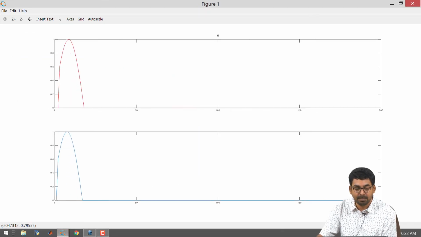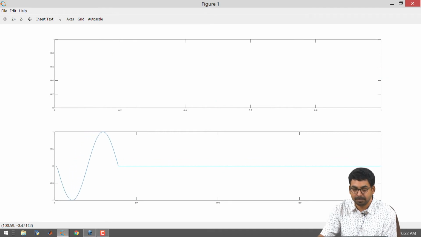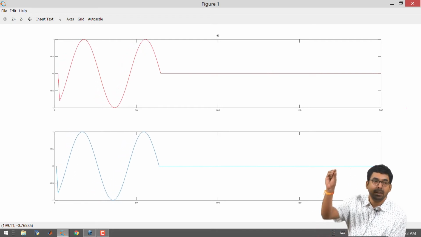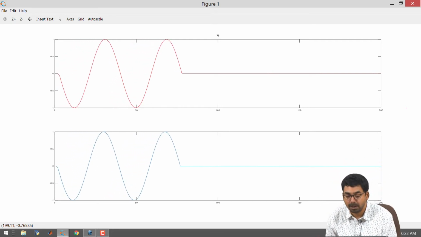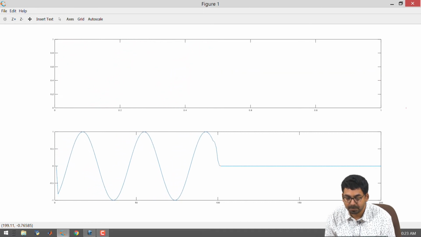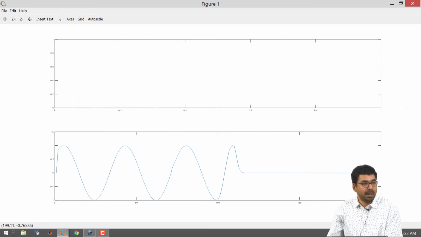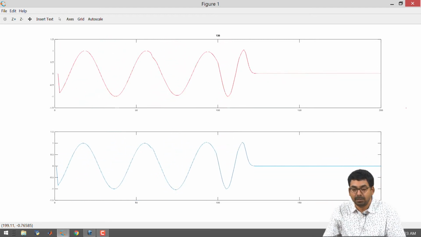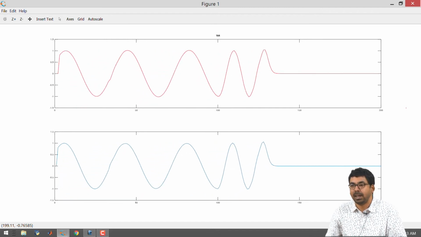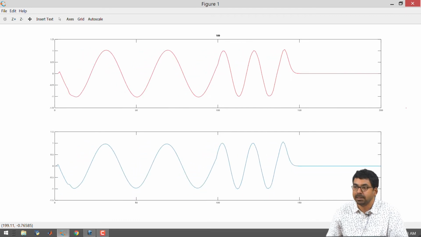So, as this wave front reaches the midpoint, you will see that a small wiggle goes on your voltage wave and also the current wave. You see something going there. That means there was a reflection. We call it a reflection due to an impedance mismatch between the transmission lines. You can always calculate the reflection coefficient and try to see what is happening.